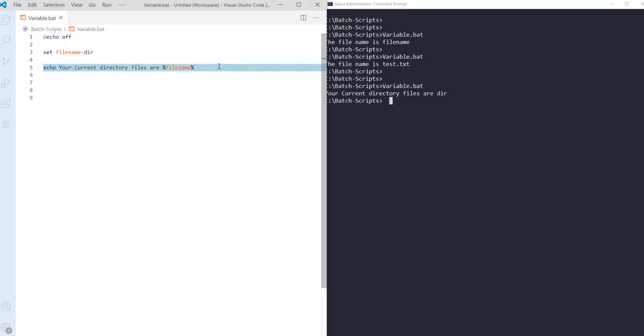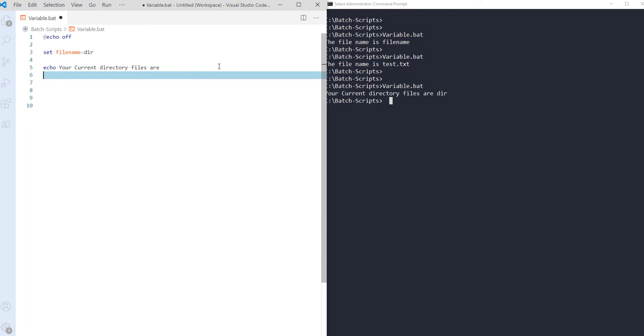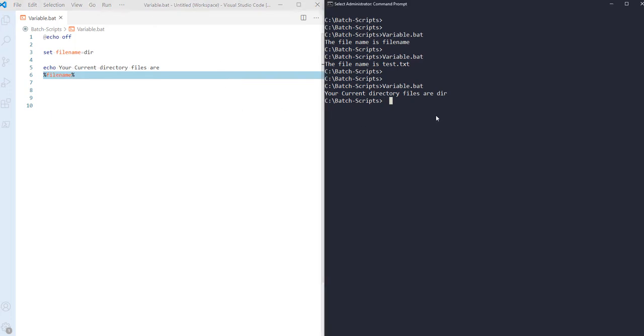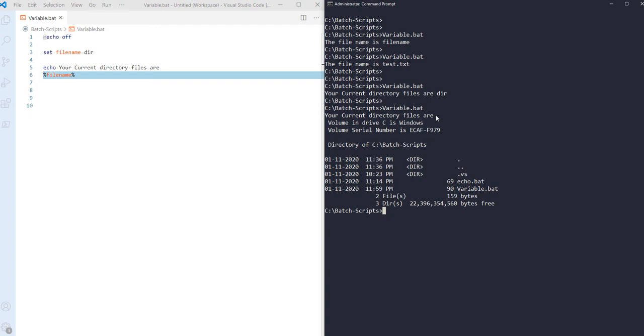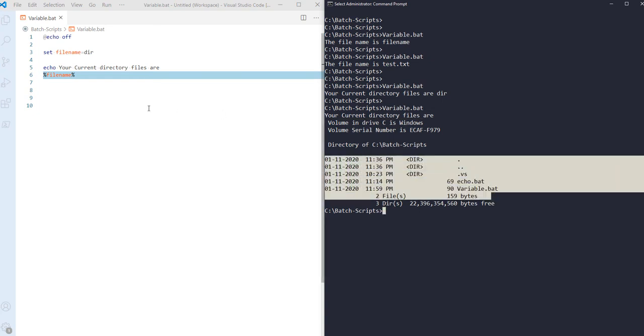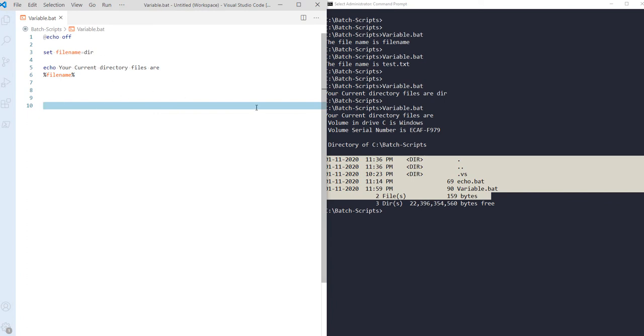So instead of writing this over here, I will use this on the next line, and there I will call this particular variable. So I will use file name over here, and let me save this, and if I run this again, then you can see on the top it's displaying me the message your current directory files are, and under that it's displaying all the files. So this is how you can use a variable inside your bash scripting.